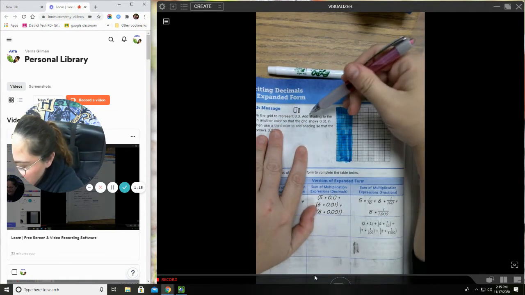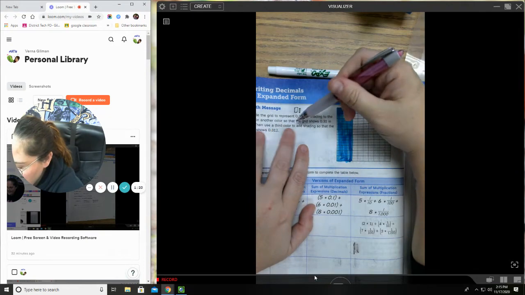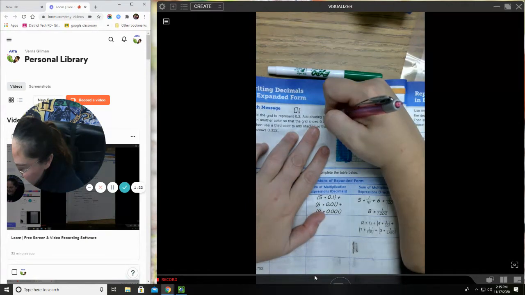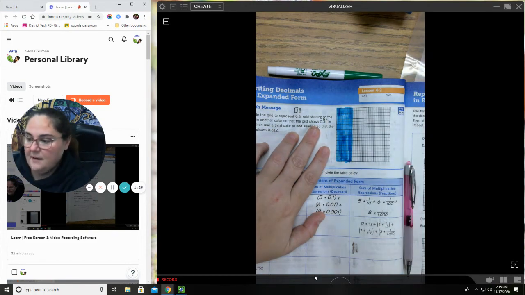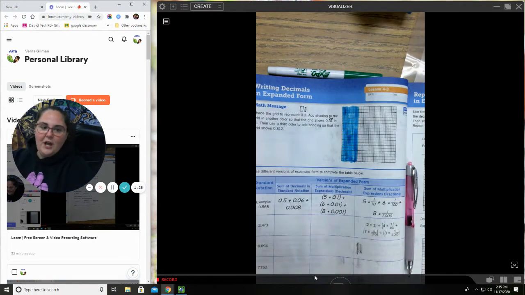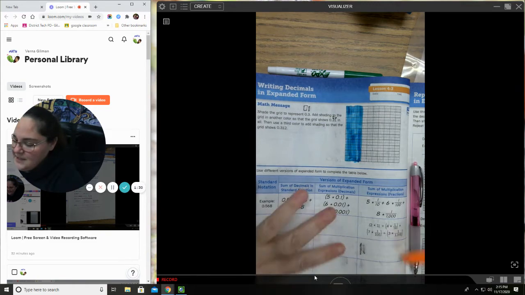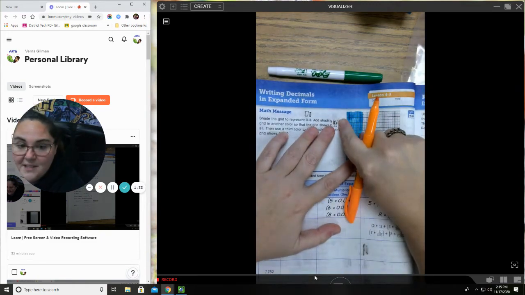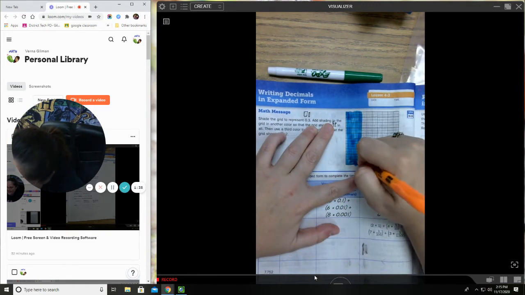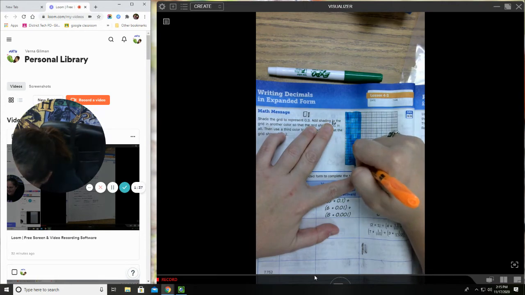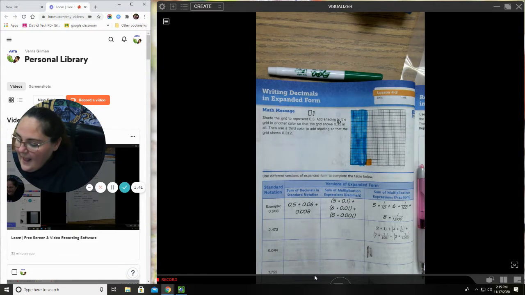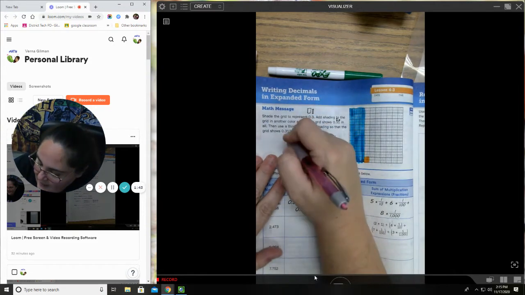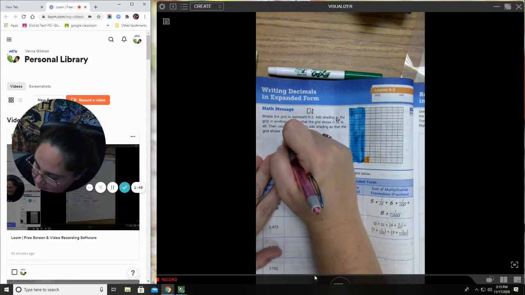It says add shading into the grid in another color. So now it shows 31/100. All right, a different color. I'm going to go orange. 31/100. That means that my 100th is going to be 1 square. That is 1/100. And then finally, you're going to use a third color